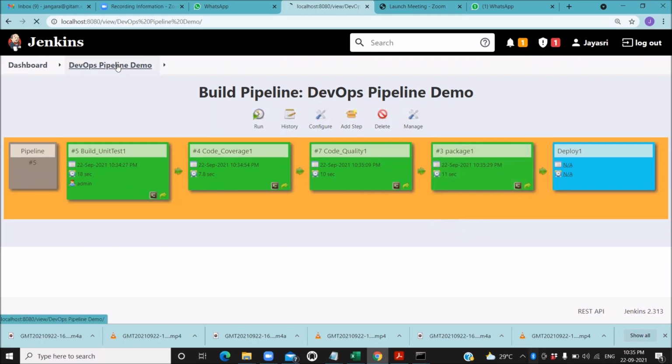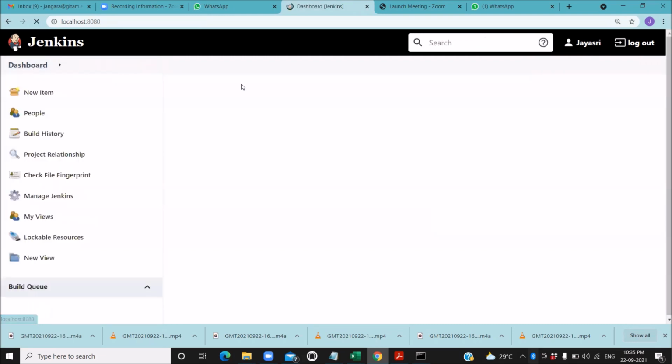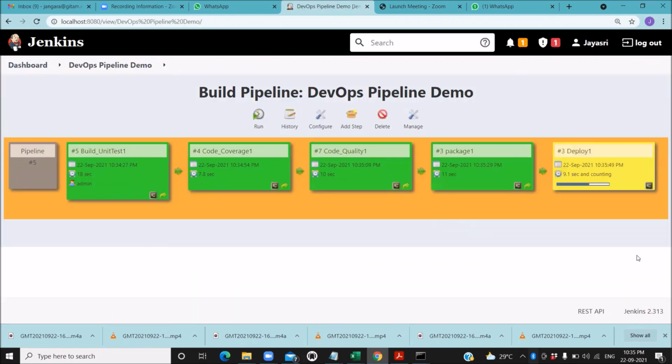Package 1 execution is completed, so it is showing in green. Yeah, all the jobs that are available in the pipeline are executed successfully. If there is any error in between, we are going to have that report. Thank you.